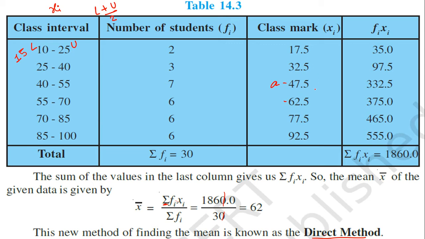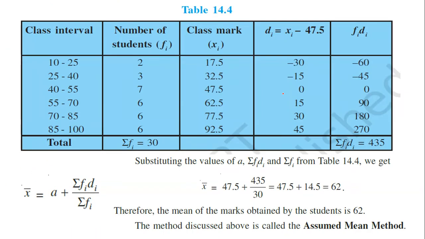Let us see what all these things are. So this is the direct method, very simple, which you have already done last year. I hope you understood what the direct method is. Now let us go towards the assumed mean method. Now see here, this is the assumed mean method. I have put the same question here so that you can compare this table with the previous one. In that table there were four columns, and here, as you can see, there are five columns. The first, second and third columns are the same.